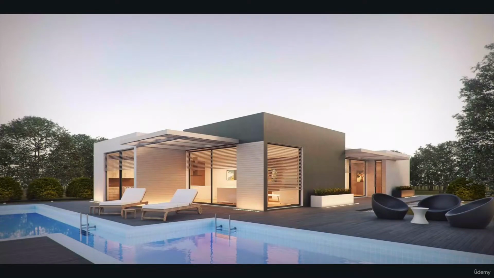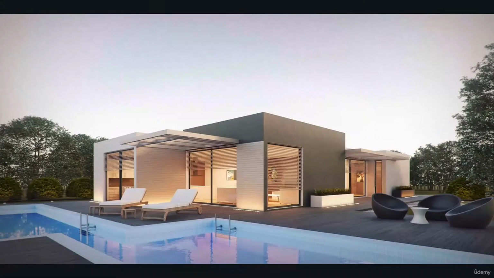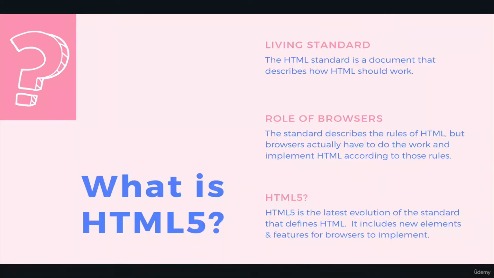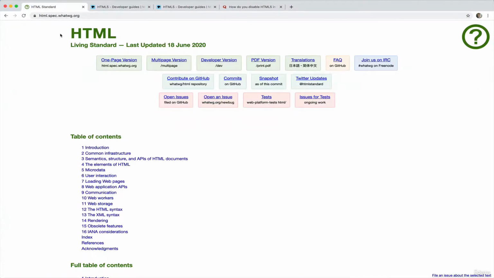That's the house we see here. Mozilla does the same thing, and they build HTML, or they build Firefox, which is built on top of that HTML standard. Internet Explorer, all these different browsers and these companies are going to implement HTML based off of that standard. And we can actually see this standard. If you go to